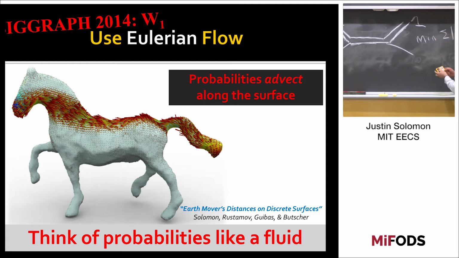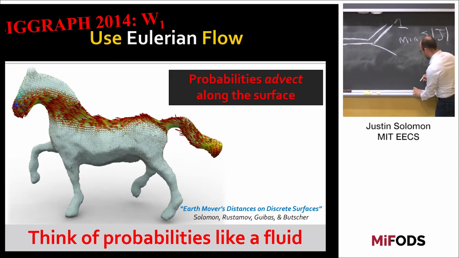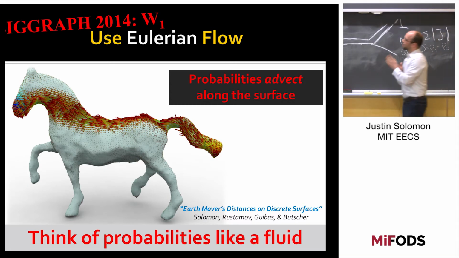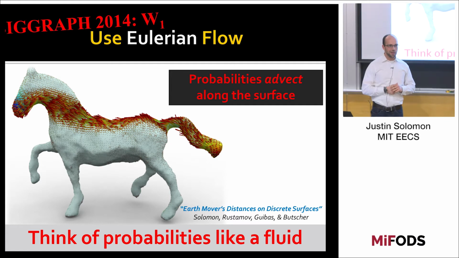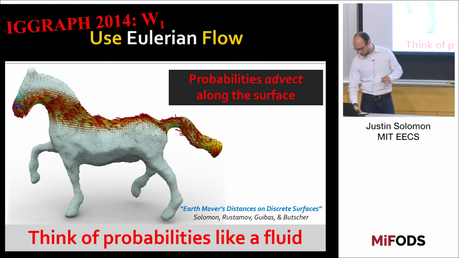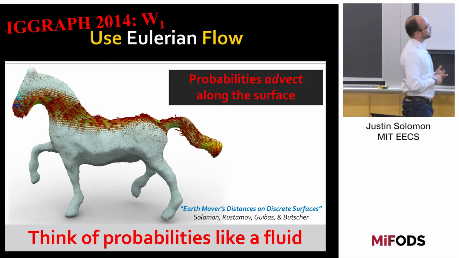I'm trying to minimize the total flow over all the edges, subject to the constraint that the flux in or out of a vertex is equal to the difference between your two distributions. This is an easy thing to check. The interesting thing is that even on a continuum domain like a surface, essentially the same formula ends up carrying through. In particular, you can show that this one Wasserstein distance is equivalent to something known